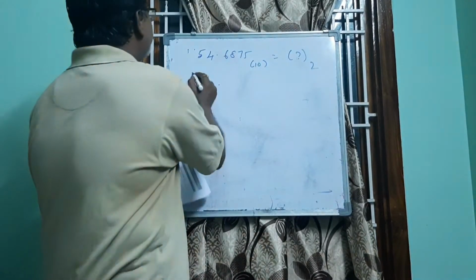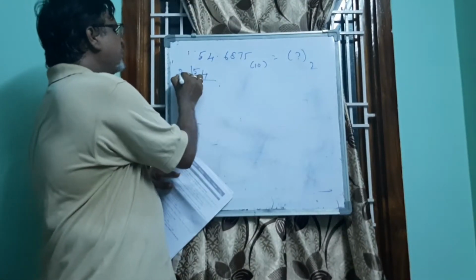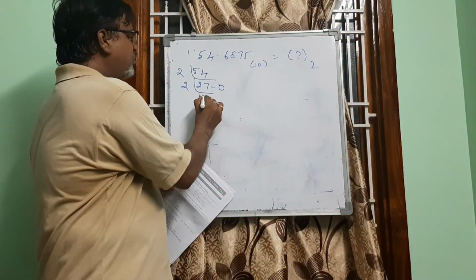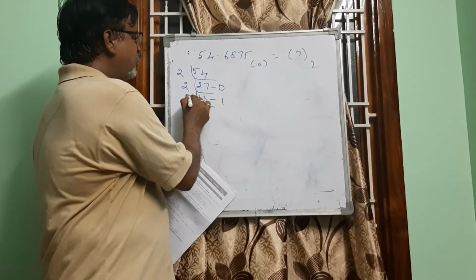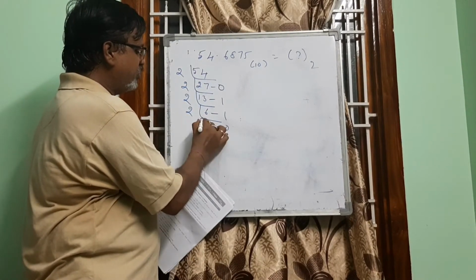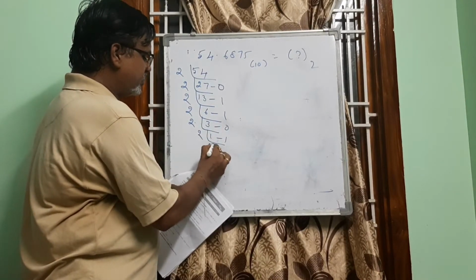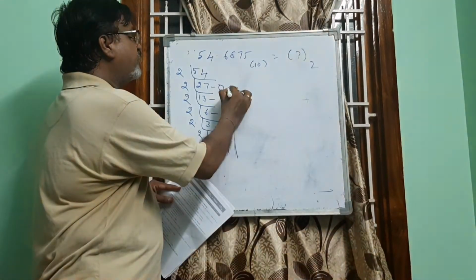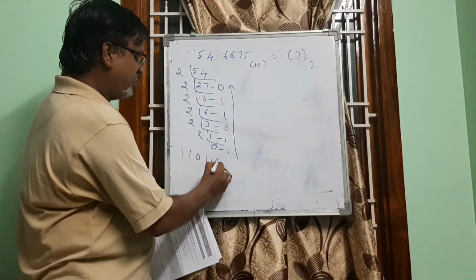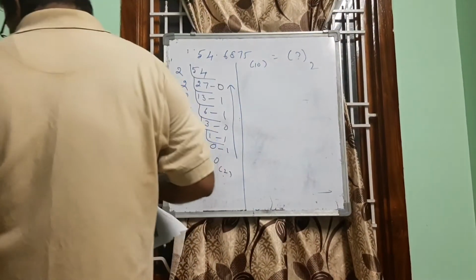You know very well that converting the integer part of a decimal to binary is done by dividing by 2. 54 divided by 2: 27, remainder is 0. 2 13s are 26, 27 divided by 2 gives 13, remainder as 1. 2 6s are 12, remainder as 1. 2 3s, remainder as 0. 2 1s, remainder as 1. 2 zeros, remainder as 1. So now we have to write from bottom to top. So this is 110110 base 2. What we did is completion of the integer part.